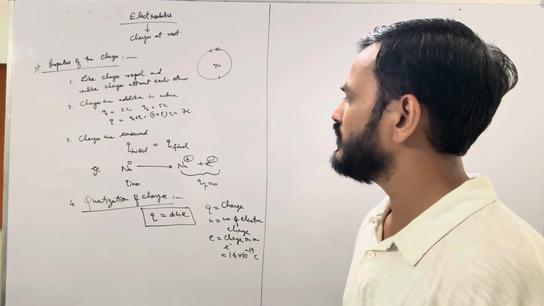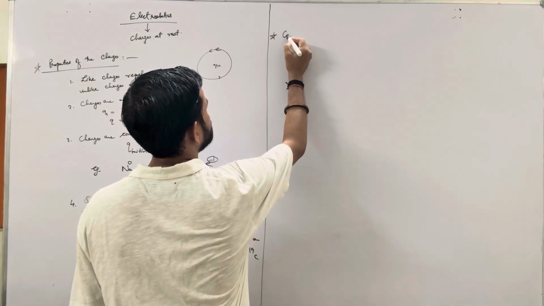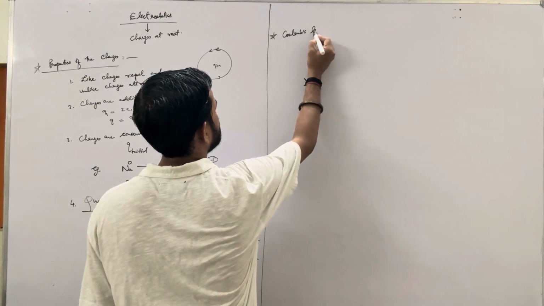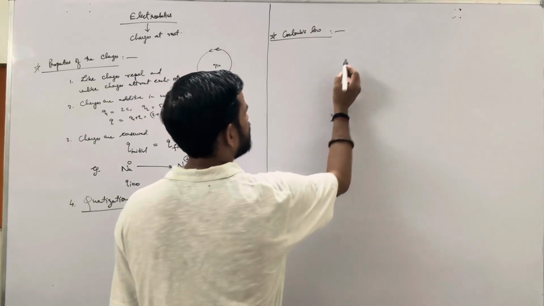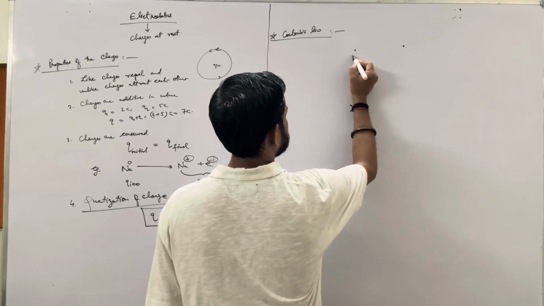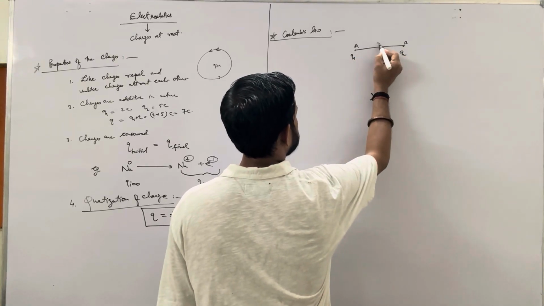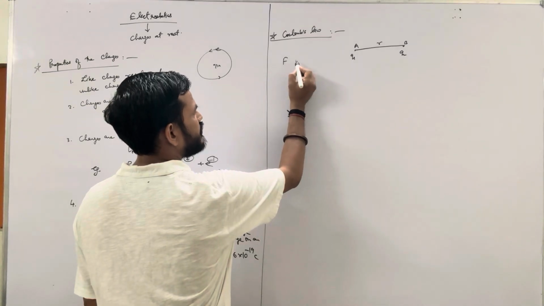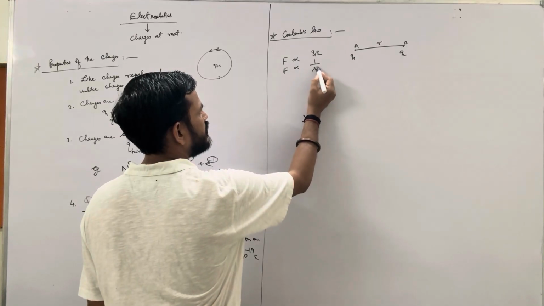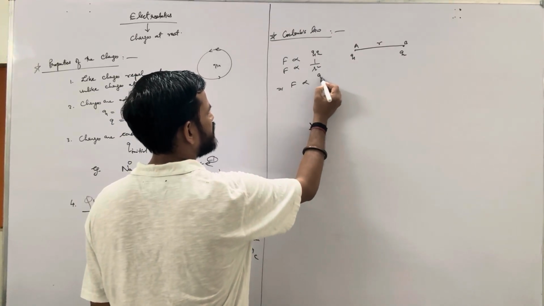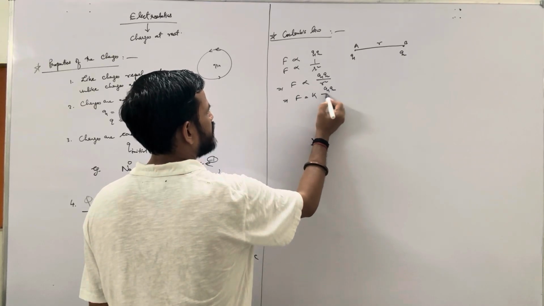Now we go quickly to Coulomb's law. What is Coulomb's law? If you have two point charges Q1 and Q2 separated by a fixed distance R, Coulomb said force is directly proportional to Q1 and Q2 and inversely proportional to R square. So force is proportional to Q1 Q2 by R square, so force will be K Q1 Q2 by R square,